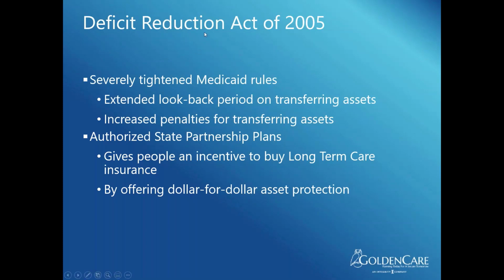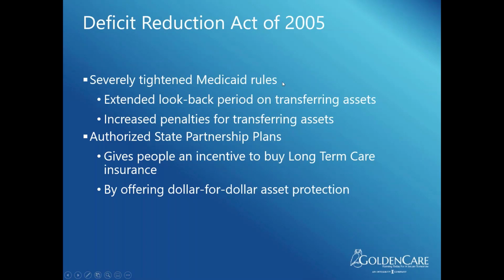So that was huge. So in any given state, for me to qualify for any state help, I've got to be spent down to $3,000. So the Deficit Reduction Act said, look, there's partnership plans. So if you were to go ahead and buy, I don't know, $200,000 worth of long-term care insurance coverage, and you exhausted that, and then you ran out of money, we're going to let you keep $200,000 in personal assets as your new threshold, your new spend down level instead of $3,000, and you're still going to get help from us, but you can keep $200,000. Thanks for buying that $200,000 of coverage.